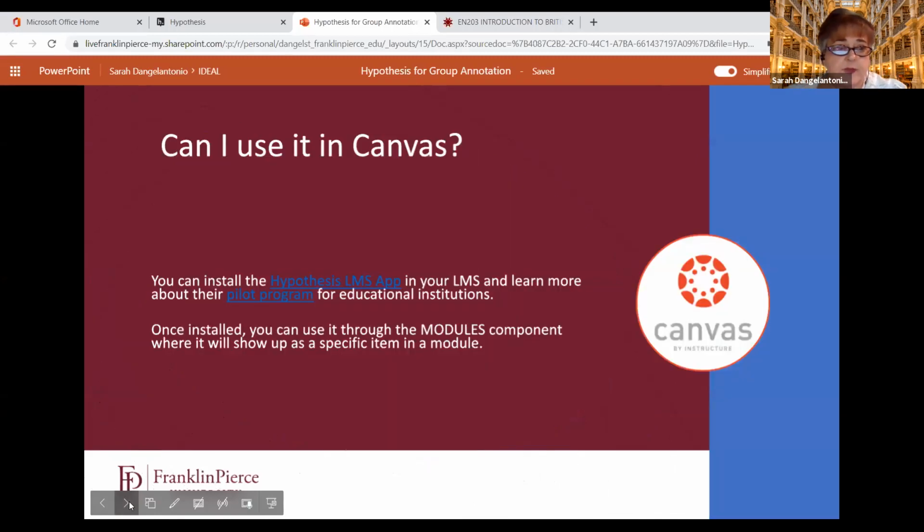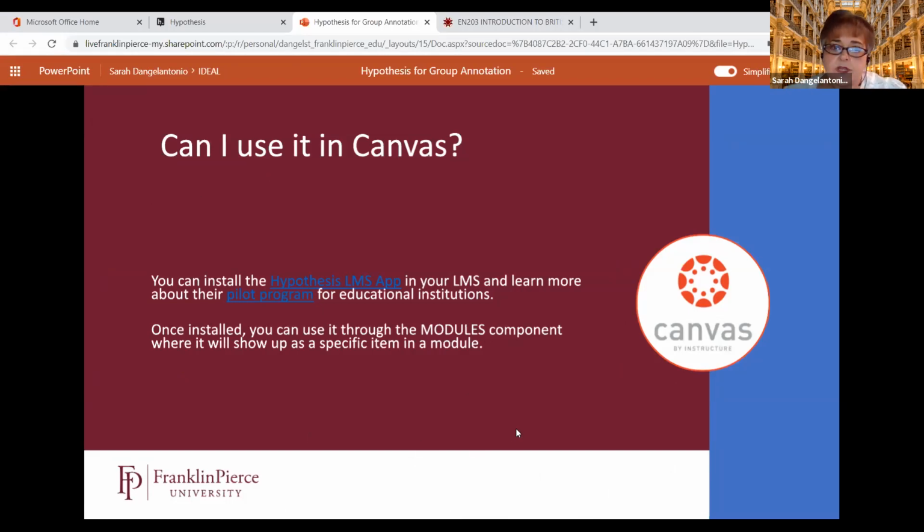So some questions you may have. Can you use it in Canvas? You can. You would need to install it as an LMS app. The Hypothesis folks have a pilot program for educational institutions. I just installed it the other day, but I've been using it without having it integrated in Canvas.